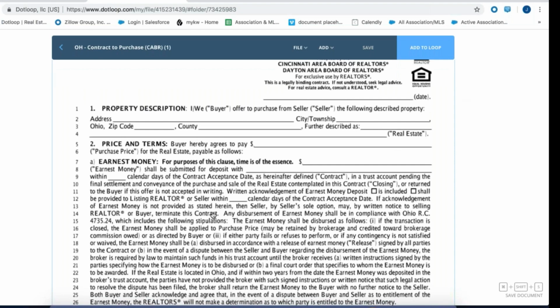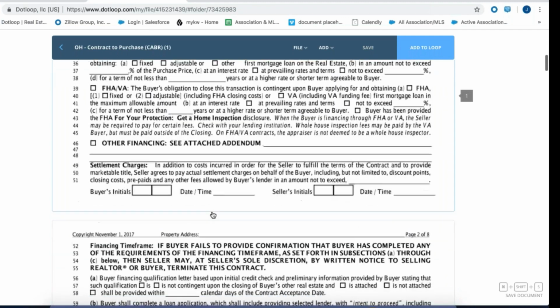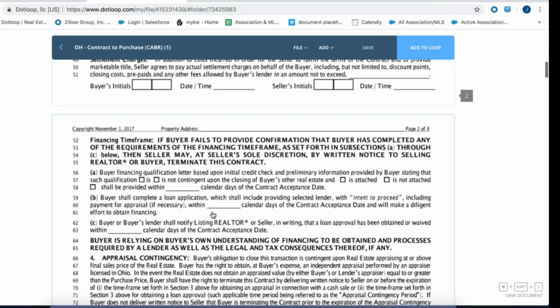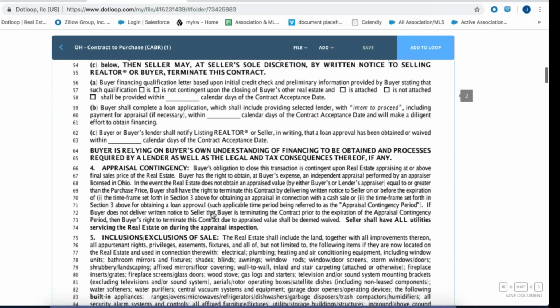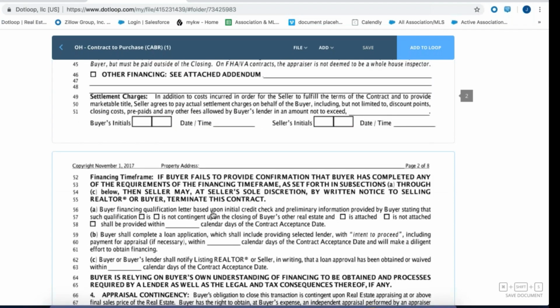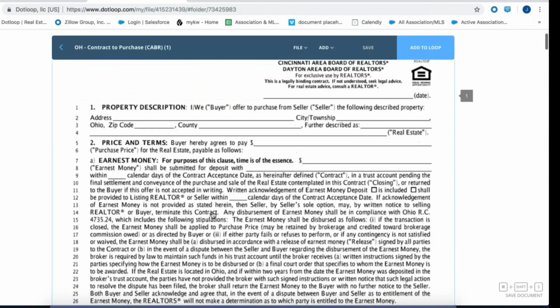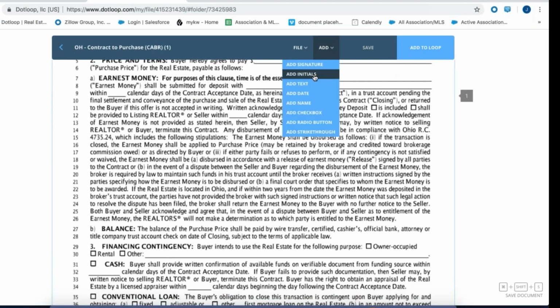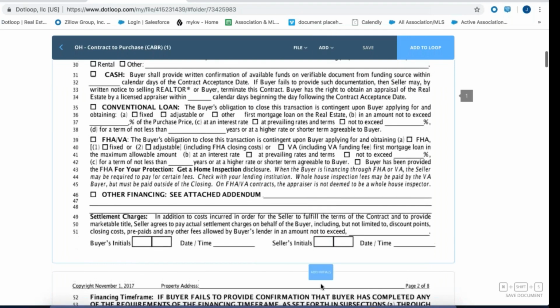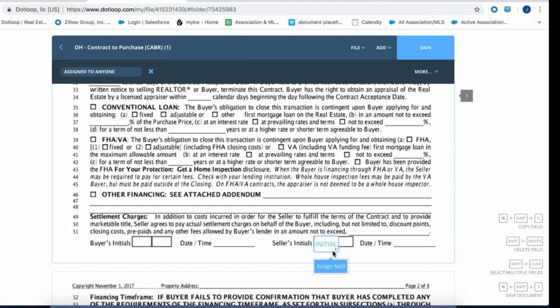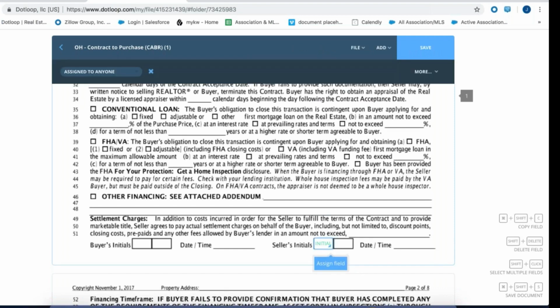And what I would normally have to do is upload this into my listing loop and drag and drop all of the fields for my seller. Now we want to go ahead and set this up so that we can easily have those fields applied to that contract without having to do that manually every time. So what we're going to do is we're going to click on Add Initials, scroll down, and we're going to set this up exactly as we would want it for when we do this, when we have an actual offer